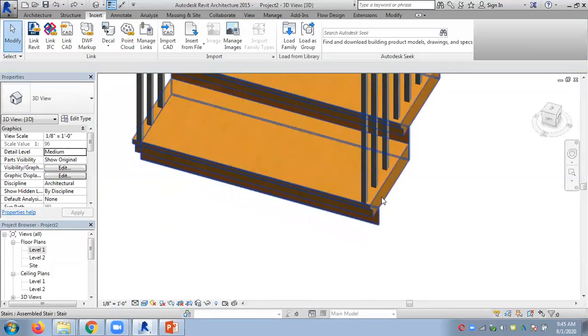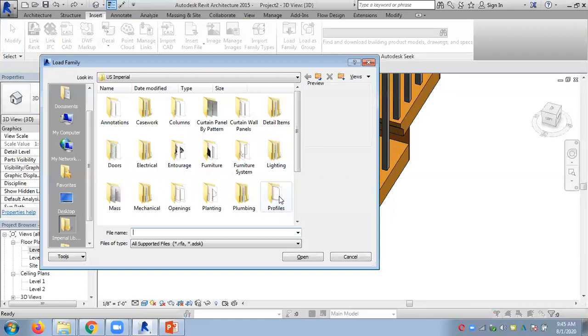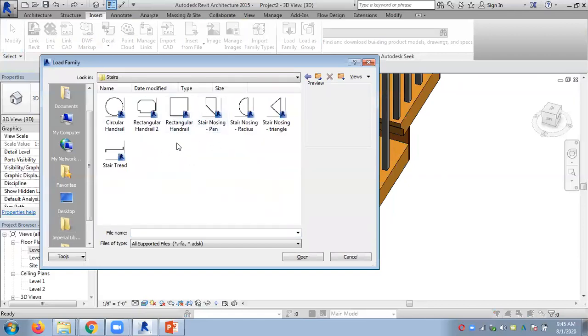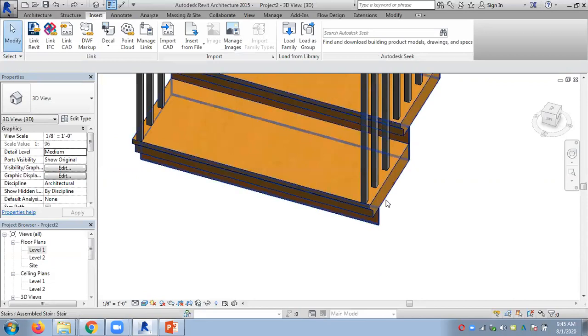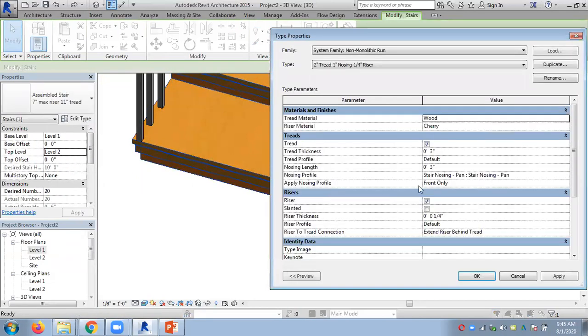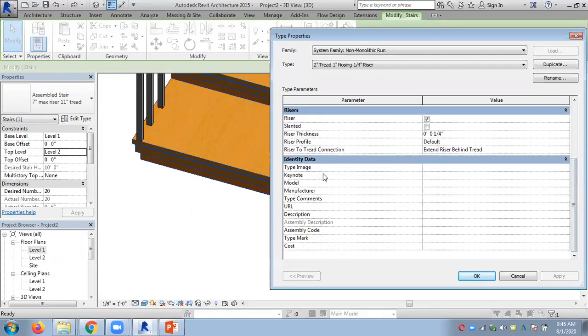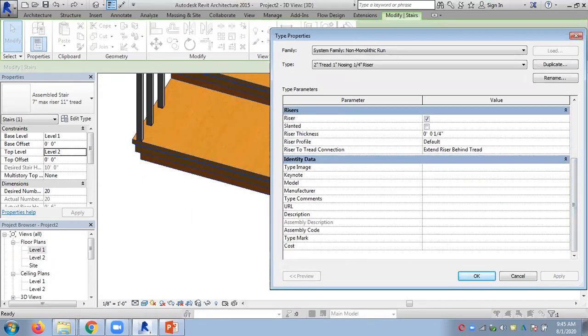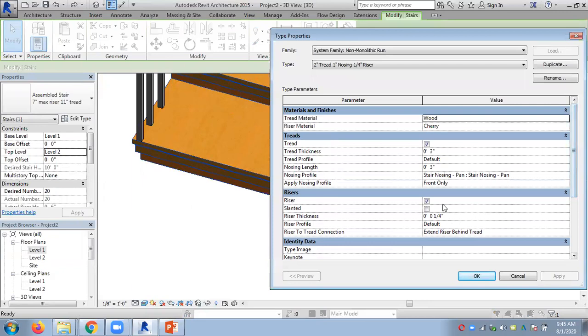So learn how to do that. Just go and load from the profiles. Go to the correct folder and load. So if you want, you can have your own shape thrown here and use them in your project. So I hope you understood how to change the thread and the prices. And these are some other parameters for the quantities and the costing and other things. So these are the important things.